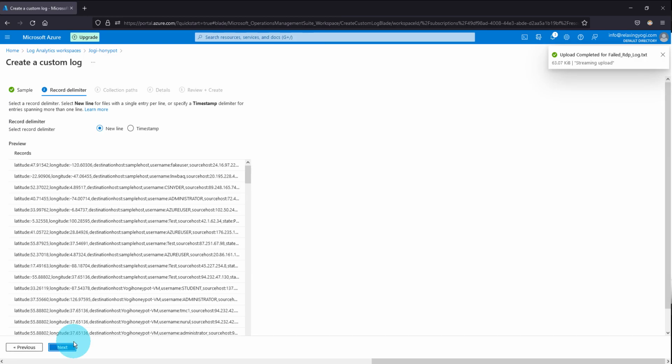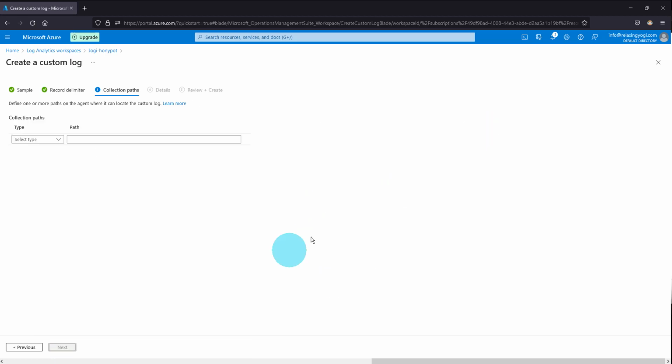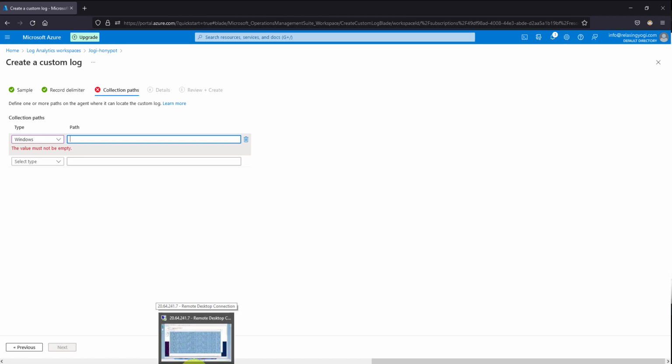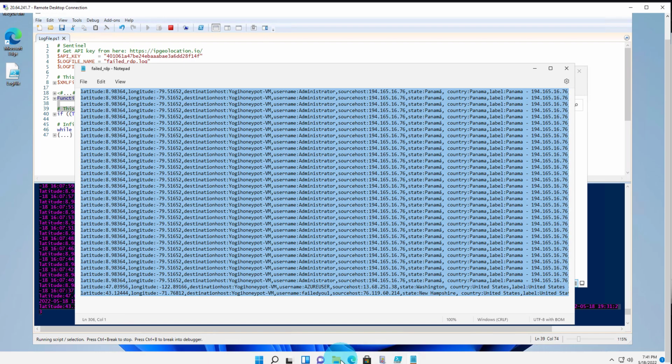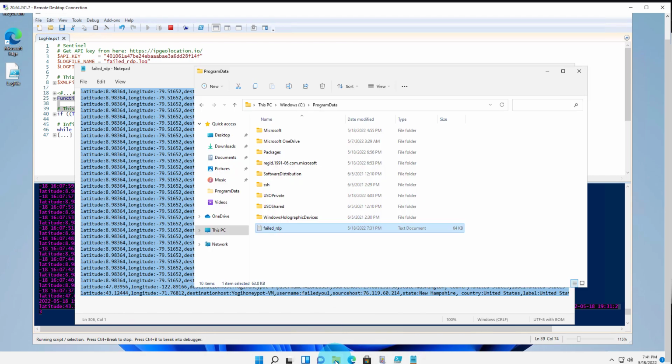Hit next. So basically, this is where we're going to separate all the information that is brought in. Alright, so we'll go ahead and hit next here, and enter the path where this file lives. For the Windows path, you have to be sure where the path is. So you can go back to our virtual machine here, and go to where that file lived, and copy that destination there,